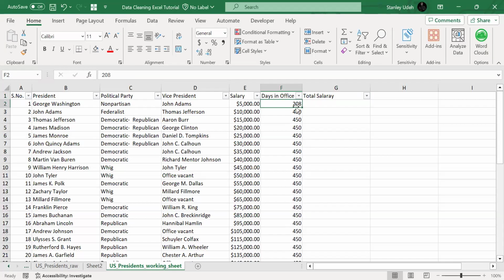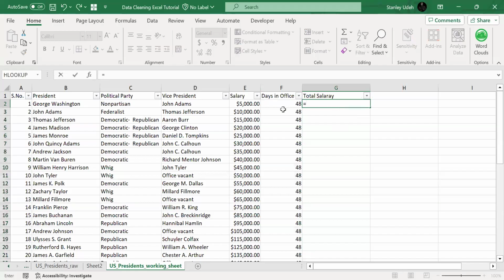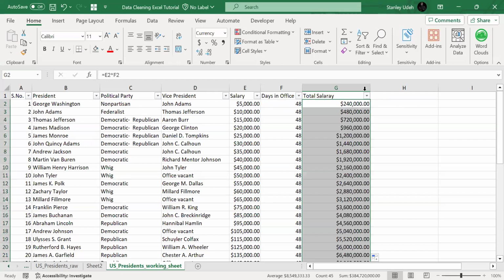No, let's use months, 48 months. Yeah? So let's say they all spent 48 months each, and we're paying them this salary per month. So it means that their total salary is going to be this multiplied by the total time that they spent in office. And then this gives you